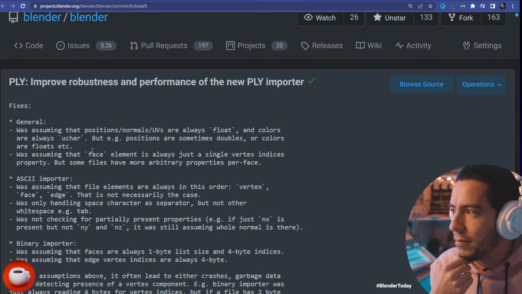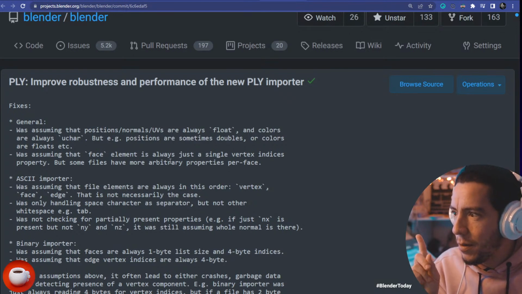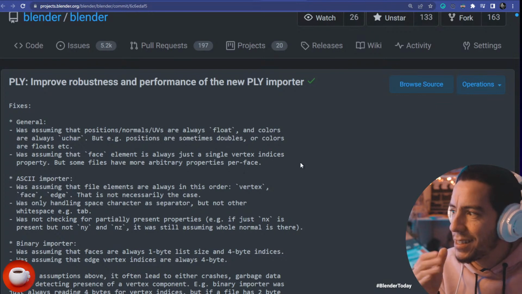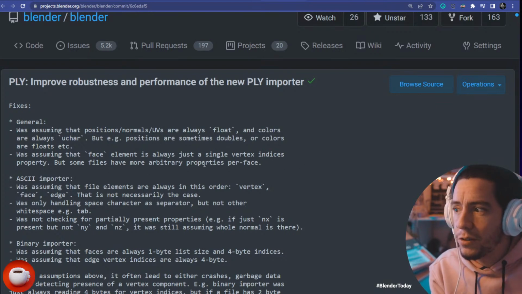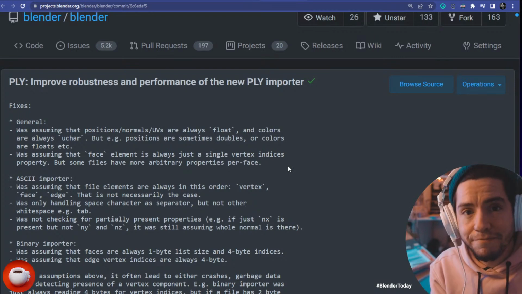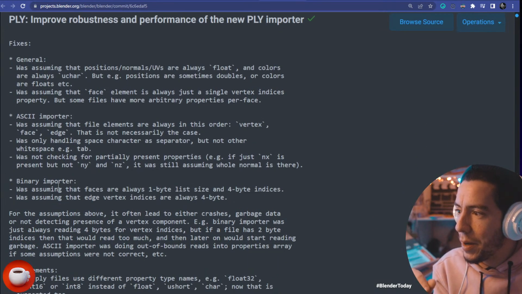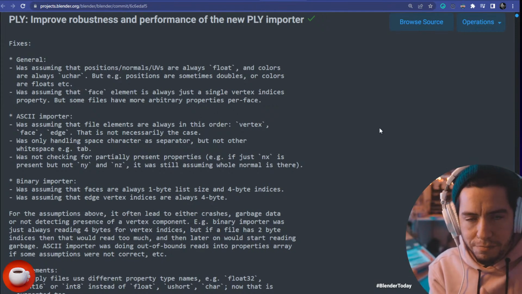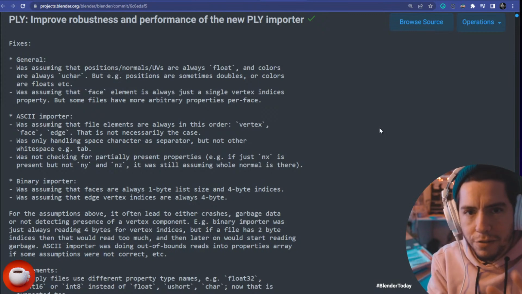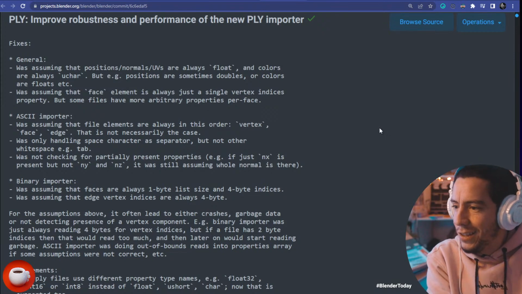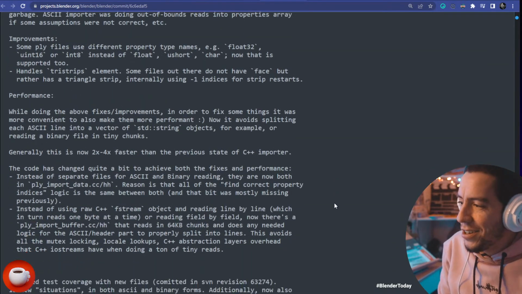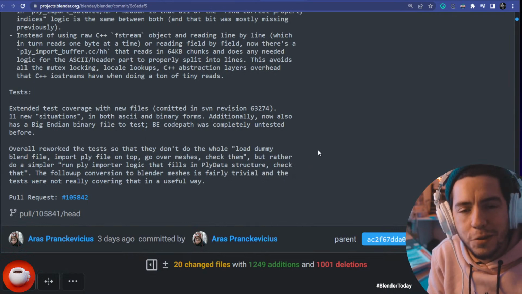previous version of this importer was assuming that the face element is always just a single vertex indices property, but some files have some arbitrary properties per face. Then some changes for the binary importer and the ASCII importer as well, like assuming things, because when you're testing, you usually try to test with different types of files, but yeah, you can tell here that it's just the experience, the huge experience that Aras has with this importing exporting